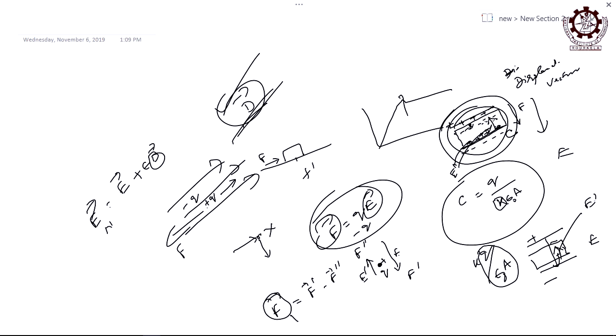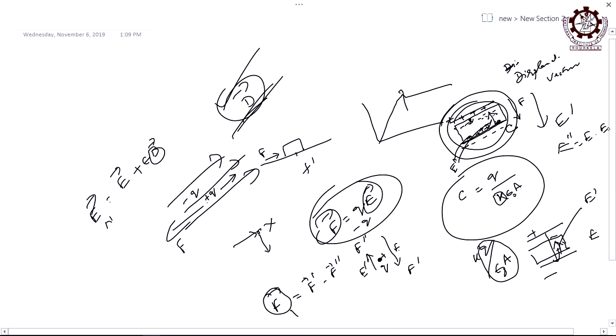So when it is more, the net field is acting in what direction? This direction, right? So those induced charges on the surface will experience a force in what direction? Whether they are in same direction or in opposite direction, because of that net field. Net field I am telling. Net field is, let us say, E double prime, which is equal to how much? E minus E prime, and this E double prime is having same direction as that of E, right? Same as that of E. So then in what direction the negative charge will displace, and in what direction the positive charge will displace, whether the displacement is in same direction or opposite direction.